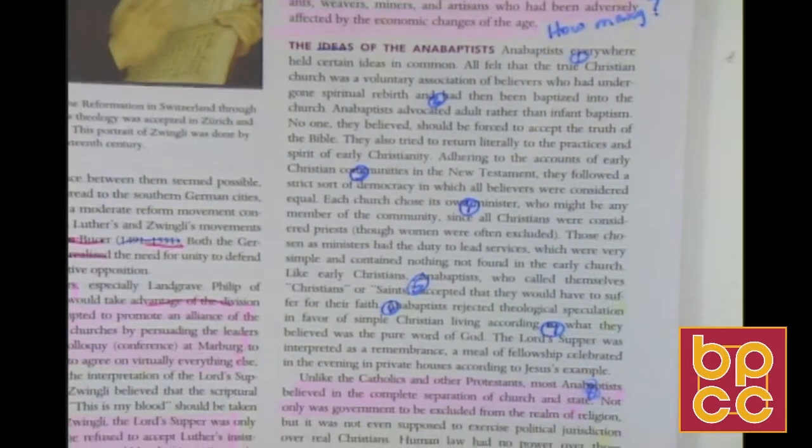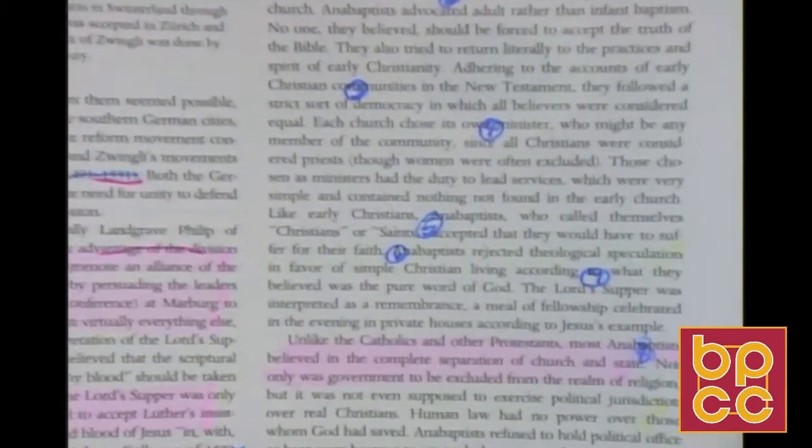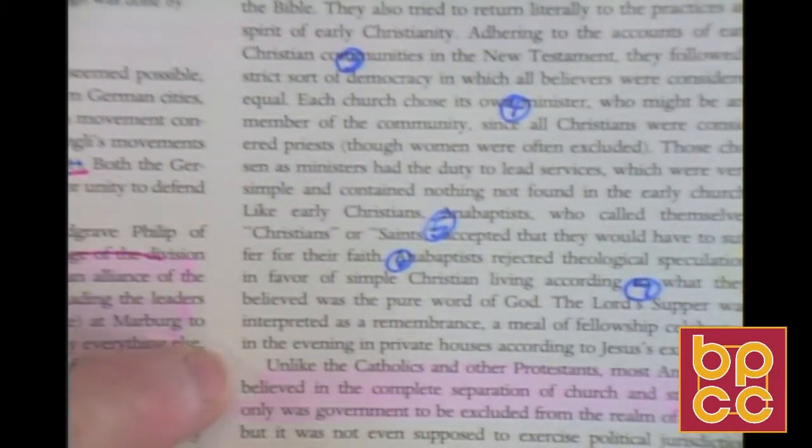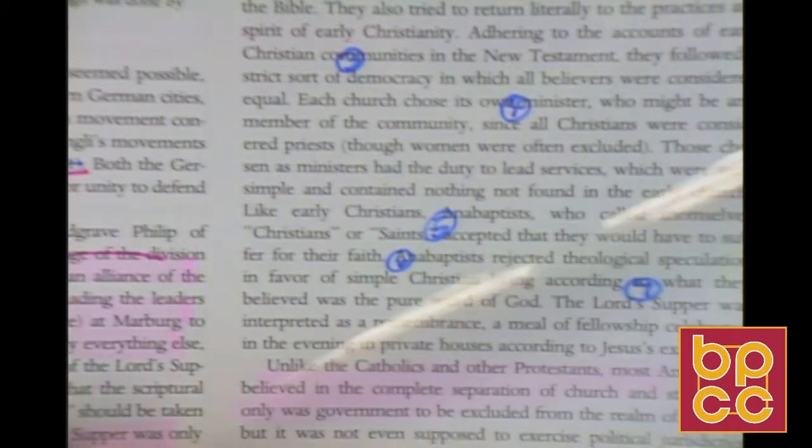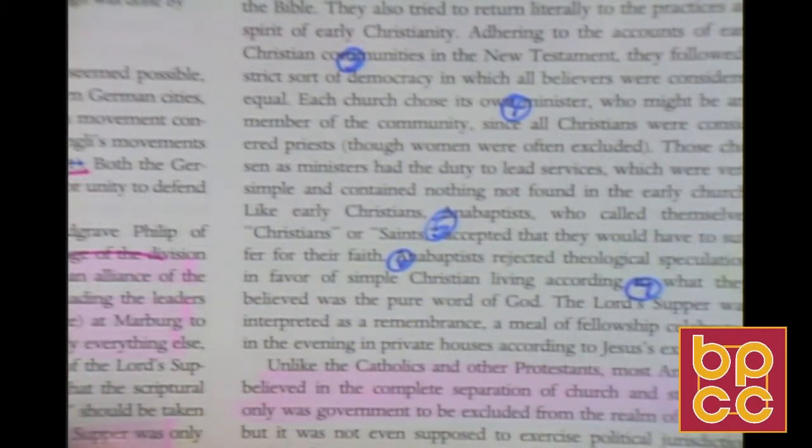But you will notice that a little further down the page, I did find something that I thought was important enough to highlight that distinguished the Anabaptists from Catholics and other Protestants or Reformers at the time. So you can see it's an individualized kind of process to do that. So I want us to look at another page